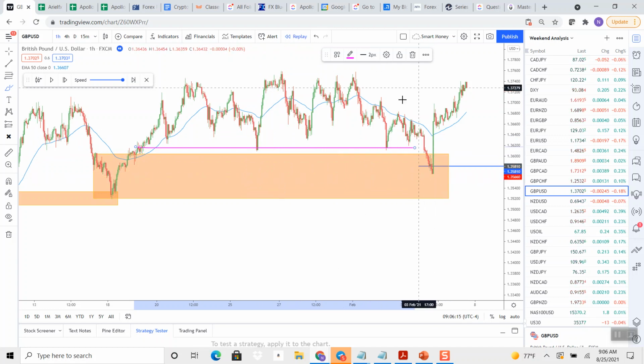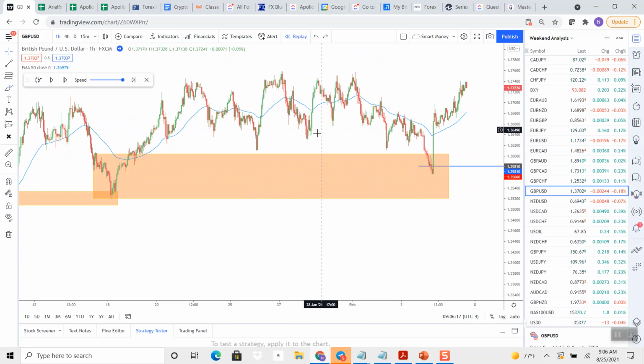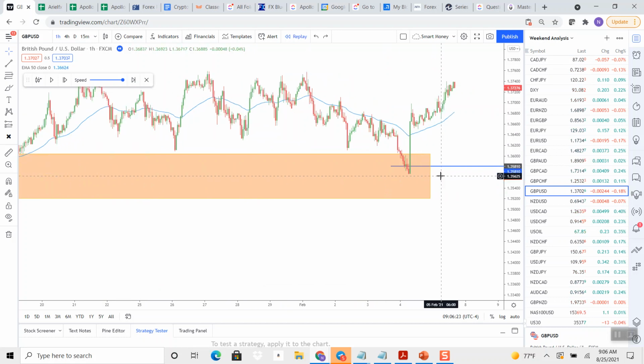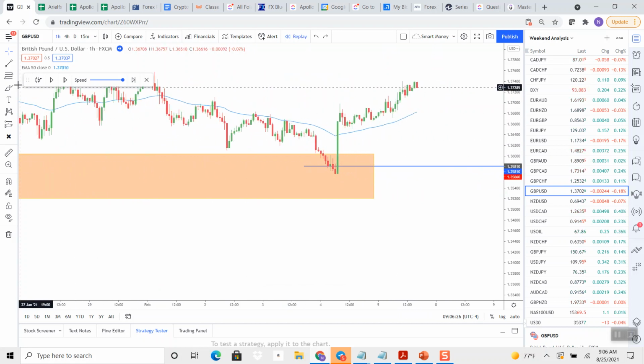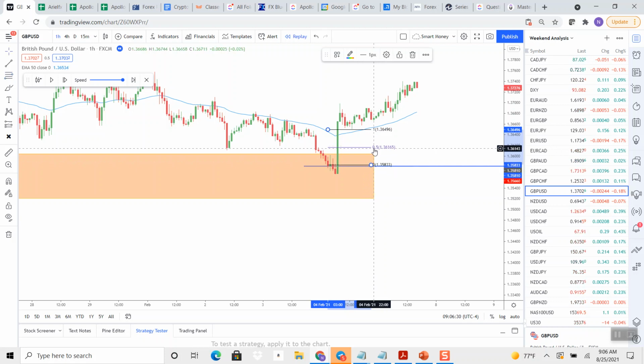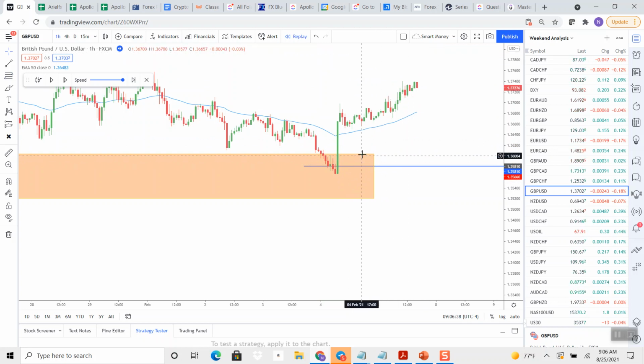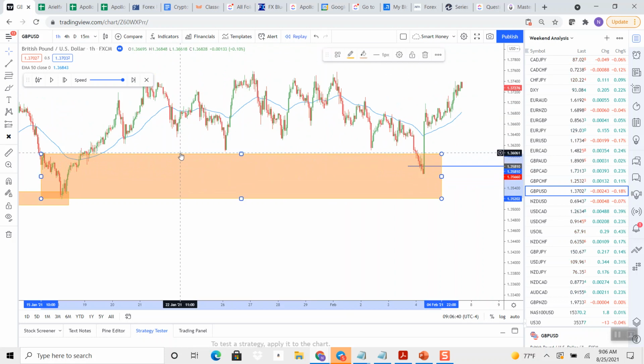It's exactly what it is. Okay, so coming into this last point of demand, sweeping liquidity, slowing down in price, strong reactive move, we wanted to get the best risk reward possible. I mean, yeah, you could have easily taken it off the 50% of probably this imbalance. You could have taken it off that, but price was coming down and we wanted to just get the best risk reward possible, and we ended up doing that as well. So we just delete what we have here,